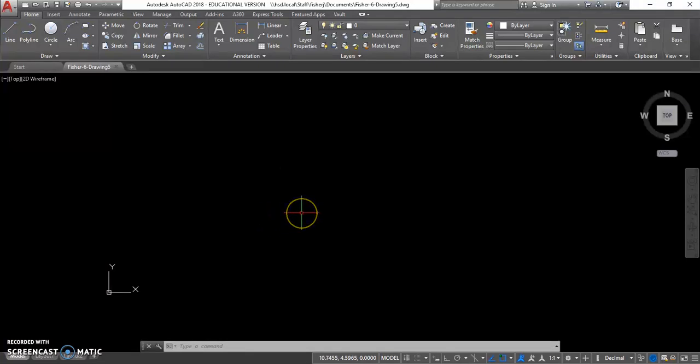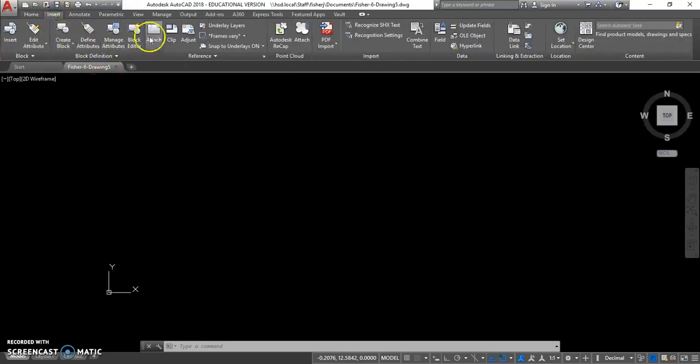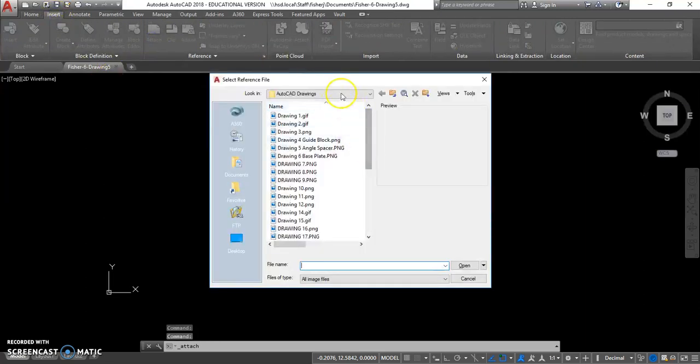For this one, we're also going to go ahead and avoid drawing a 10 by 7 rectangle. We're just going to draw in space here, making sure we're not getting too big. So do not zoom in and out as you start, but first off, go ahead and insert and attach